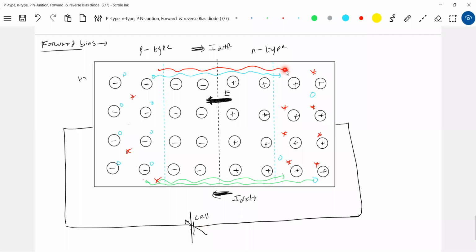The most energetic electron is able to cross. The other electrons which were finding it difficult, which did not have energy to cross the depletion layer, will get energy from this. A repulsive force acts. The negative terminal says, okay, no problem, I'll help you. Go, come on, you move. So that's what happens for the electron.